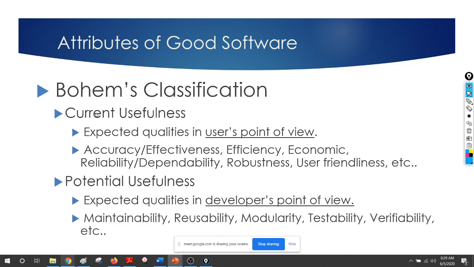So the current usefulness is what the end users see, and then potential usefulness. Of course, the developers see all these usefulness, but additionally they see some other usefulness also, that is called potential usefulness. So that is Boehm's classification. When we develop software, we have to make sure that our software is doing the work, it's efficient, economic, right, and so on. At the same time, you have to make sure that if you are a professional software